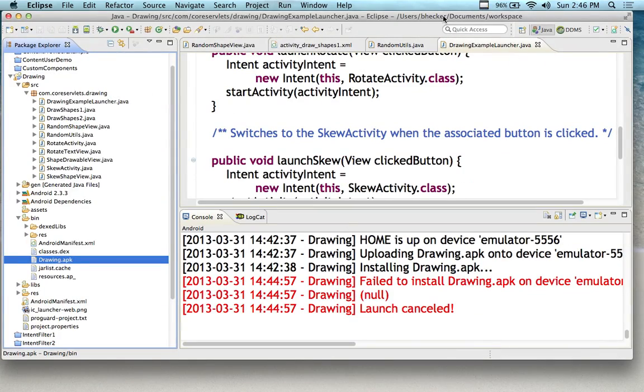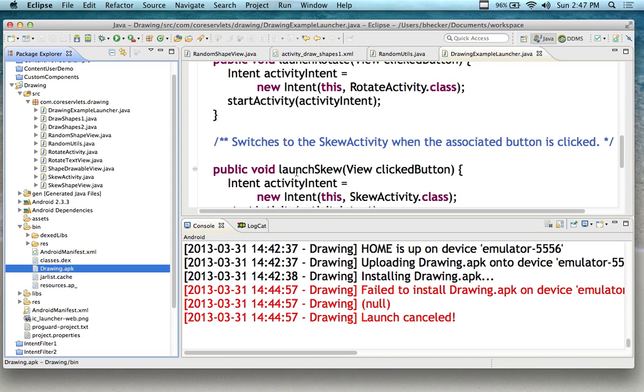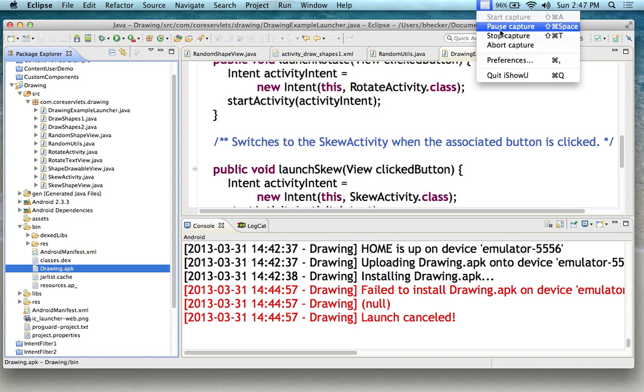So here's what I'm going to do. The APK file is corrupted. So I'm going to end this. I'm going to end the recording because the recording was